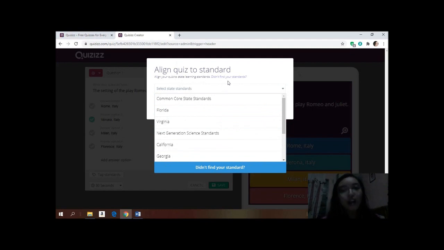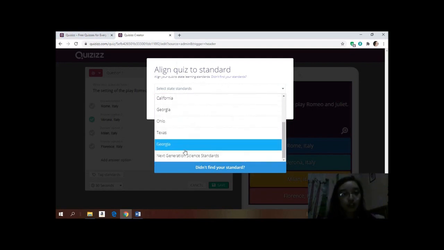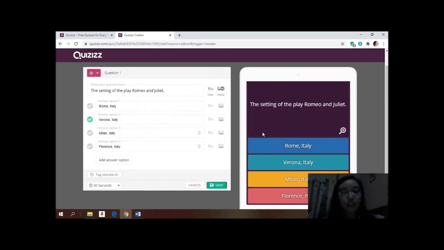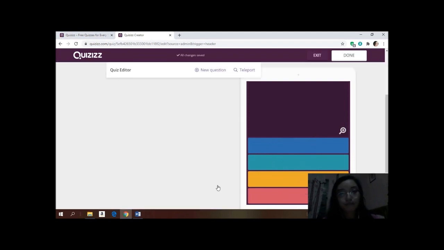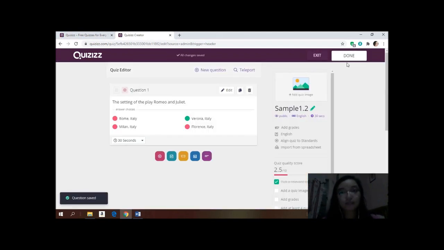State learning standards. Just put in the place and save. So if you want to add another